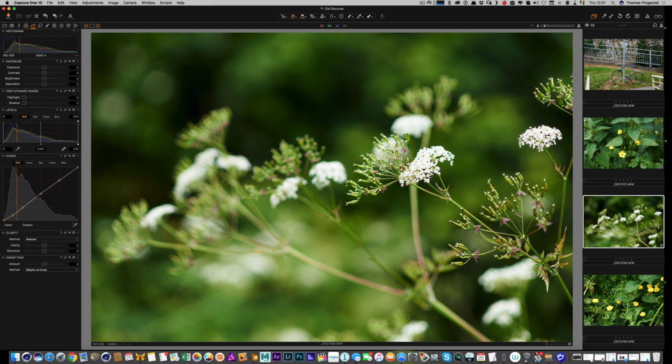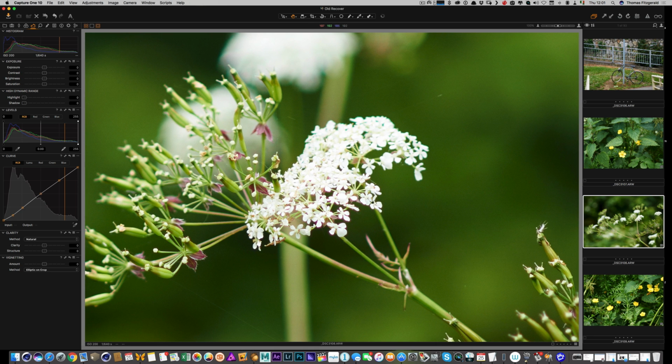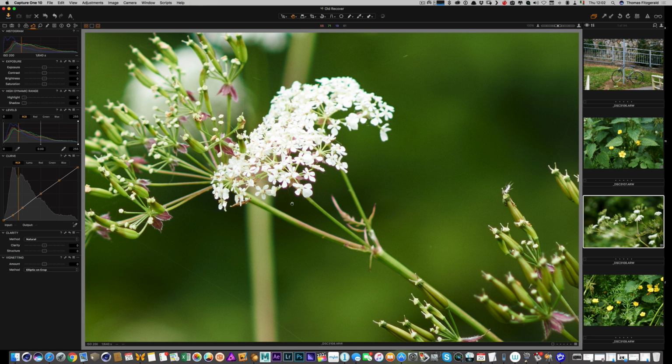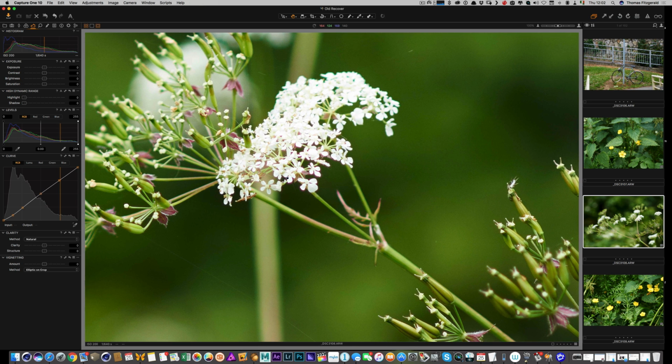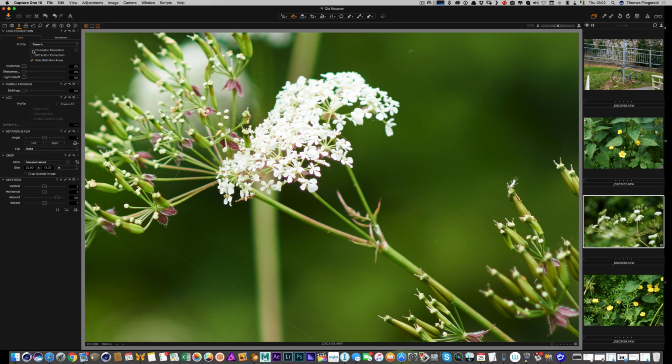Okay, so while we're here, let's just quickly look at this. I'll see if I can get rid of this fringing here. It's not actually that noticeable, so it's not a huge deal. The chromatic aberration on this lens is actually not bad, but let me just show you what you would need to do. So you turn that on,